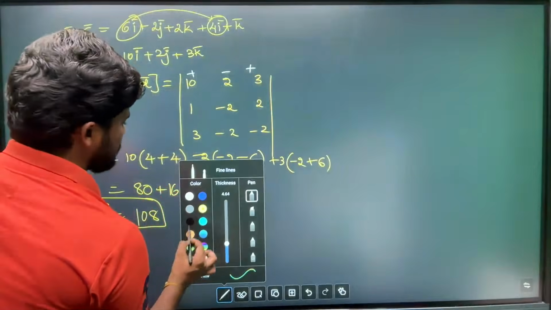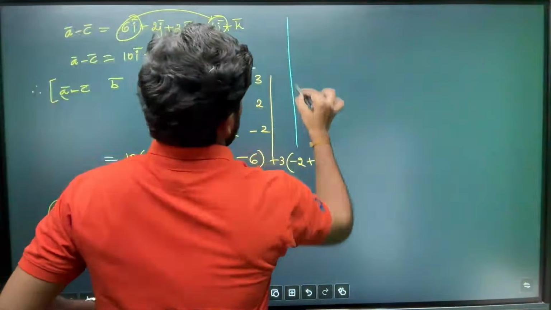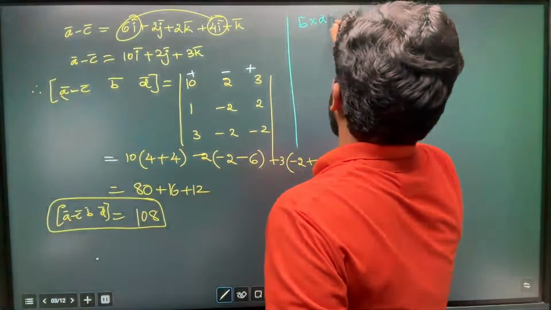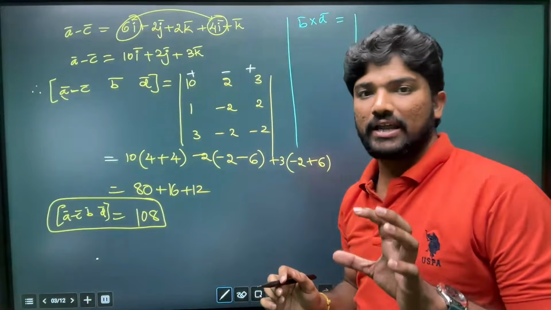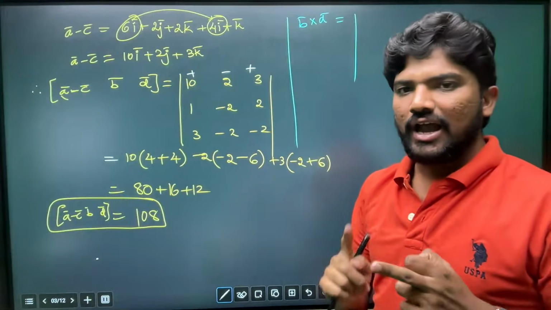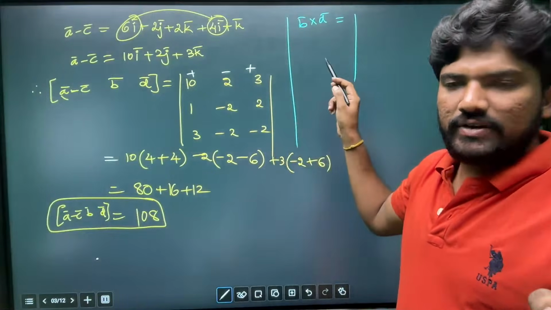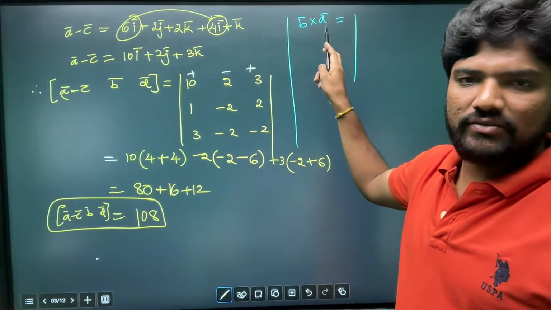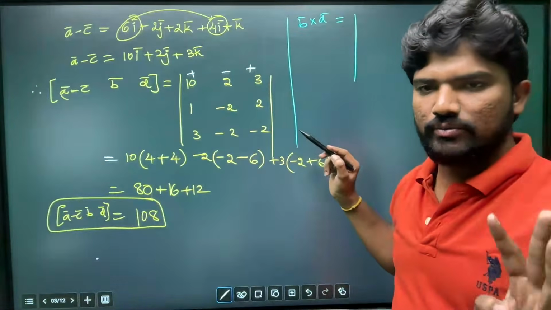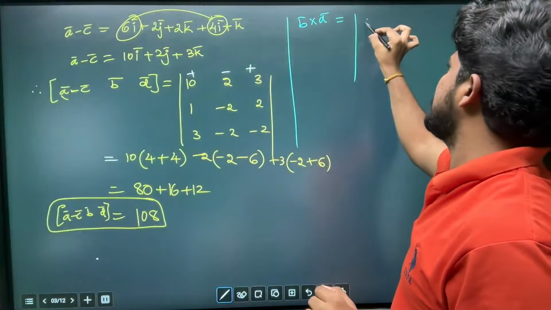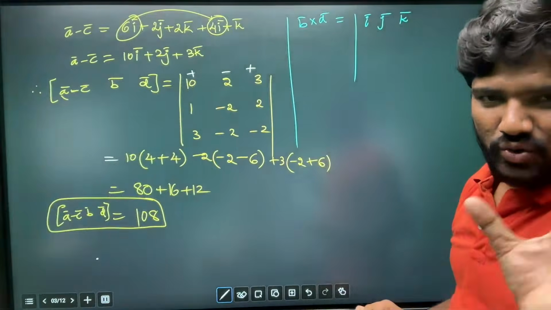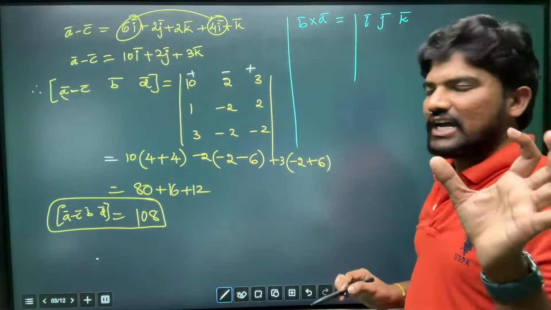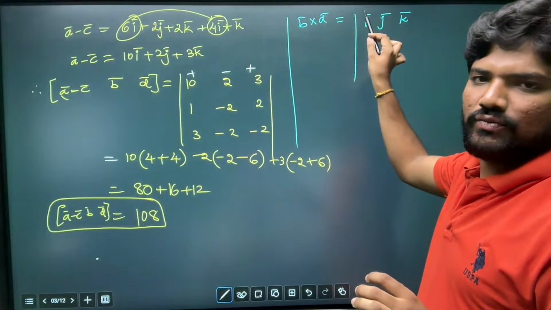So this is next: find that cross product. Now find b bar cross d bar. What is the process to find the cross product b bar cross d bar? See, in one problem I am going to explain how to find the box value, how to find the cross product, as well as the shortest distance. In one problem I am going to explain three conditions. Please listen carefully. i bar, j bar, k bar. So whenever you are going to find the cross product between any two vectors, first row you have to fill with